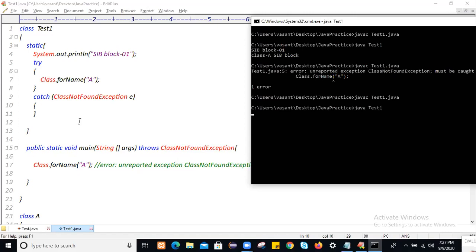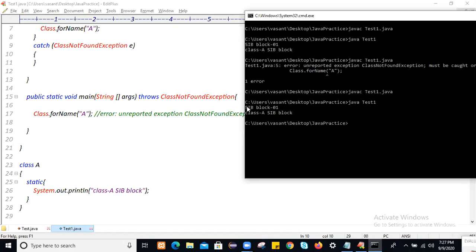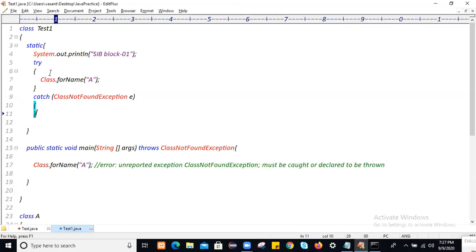And just run it. And observe carefully, actually, static block 1 and class A static block, it's executed only once. You are using this Class.forName here also, but it got executed after this. First this static block logic got executed.